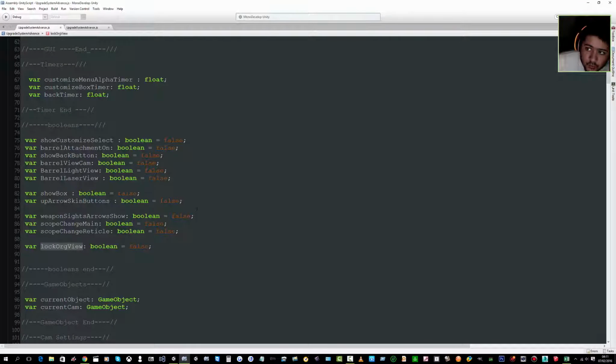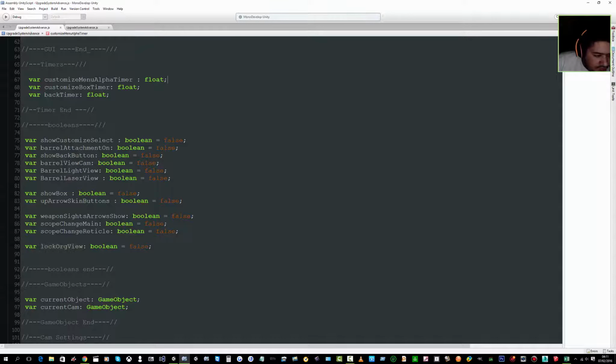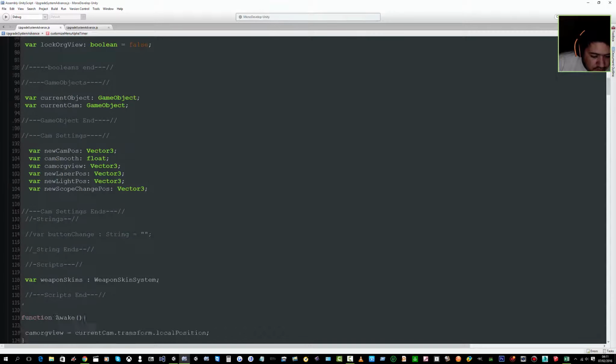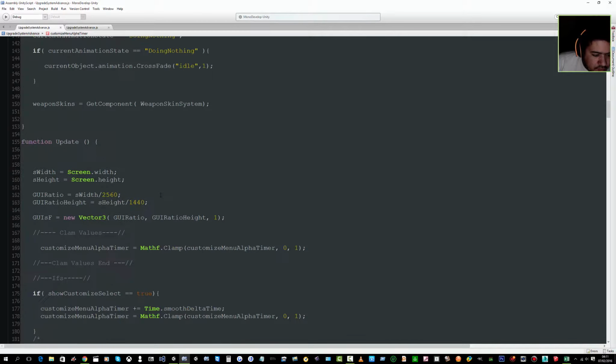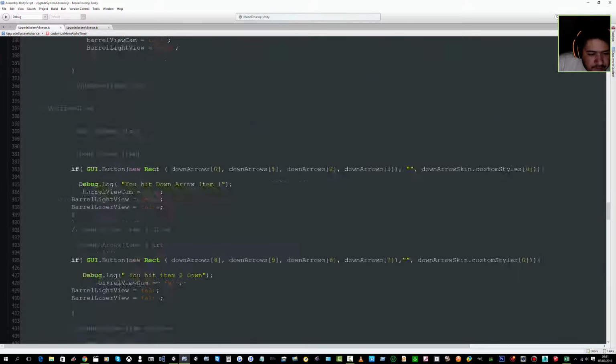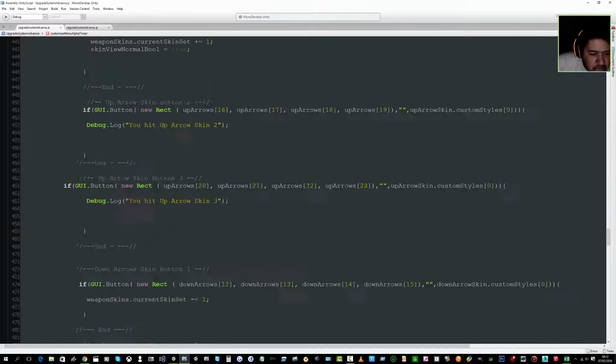And this should prevent the bug where we are having camera view positioning issues. So let's go down to our back buttons, if we can find them,